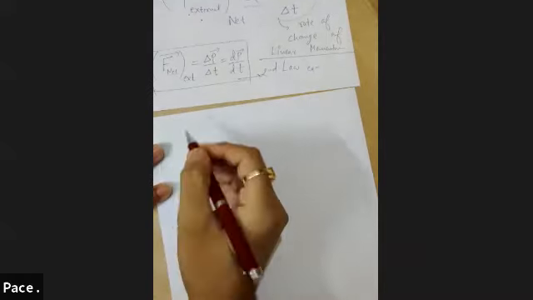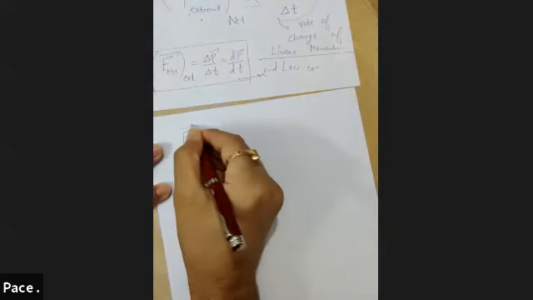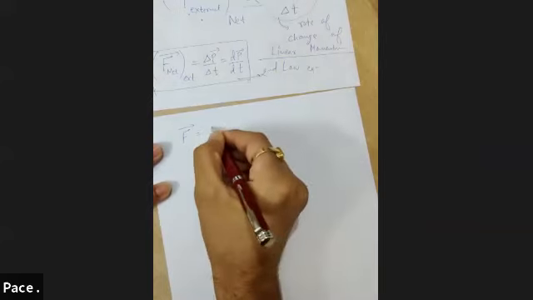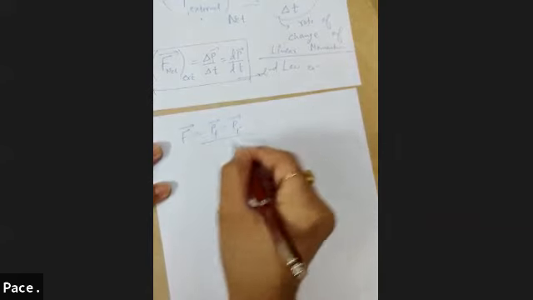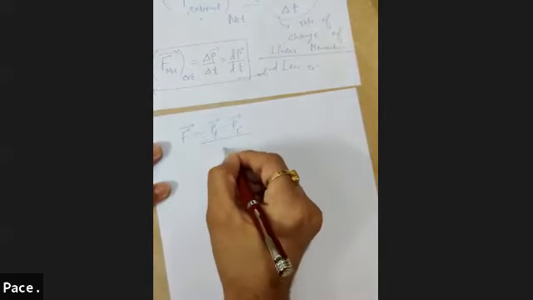Okay, net external force is equal to delta P upon delta T. Clear? Now the derived equation, that equation which you use, F is equal to ma, is being derived from the same formula. This F external is this. So this force acting is equal to what? Delta P. What is delta P? It is simply P final minus P initial, on time delta T.